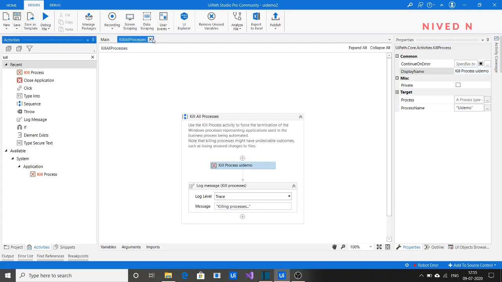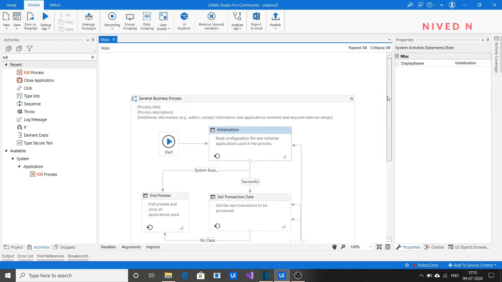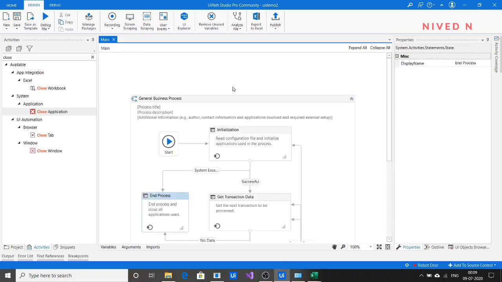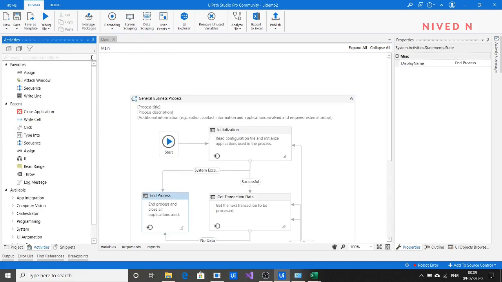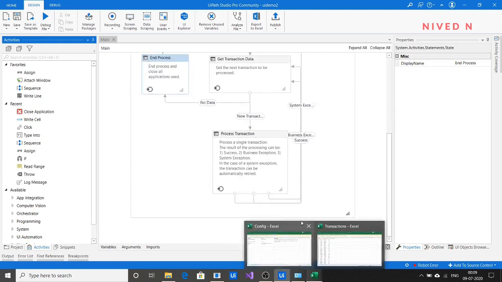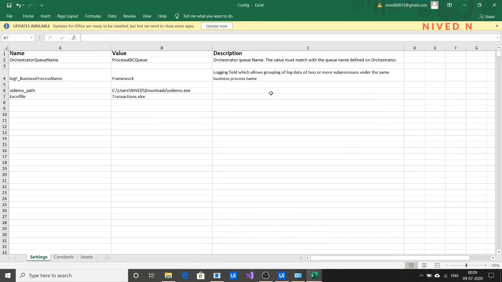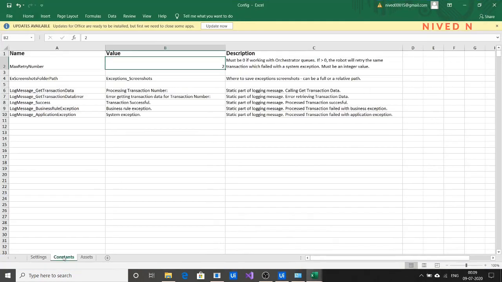So I think we have done every process. Now we can summarize what we have done up to this point.